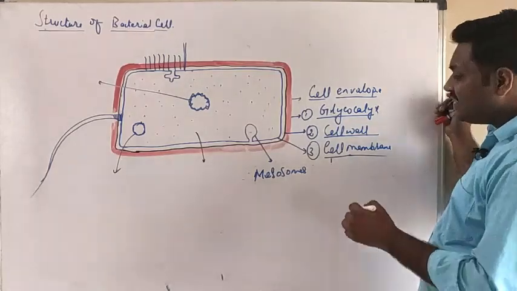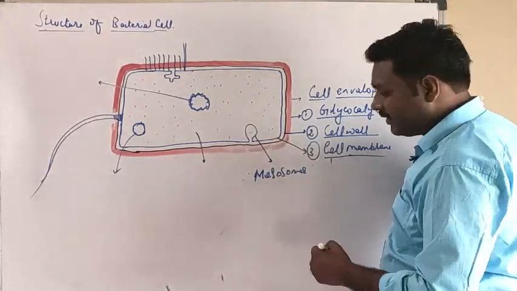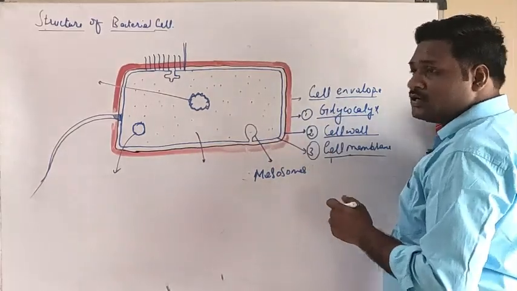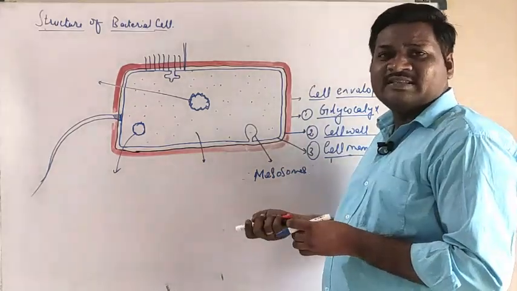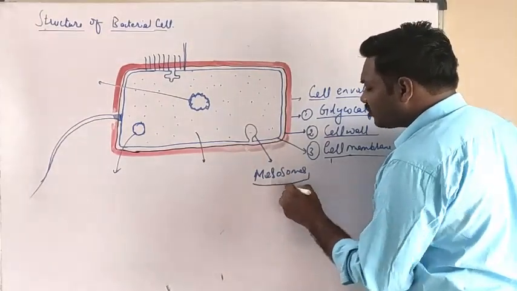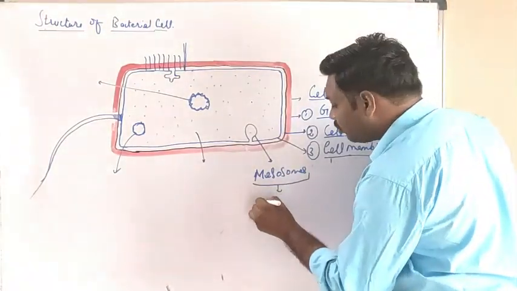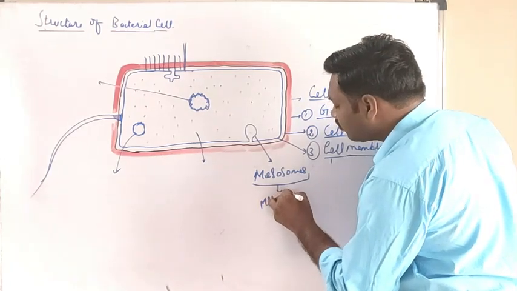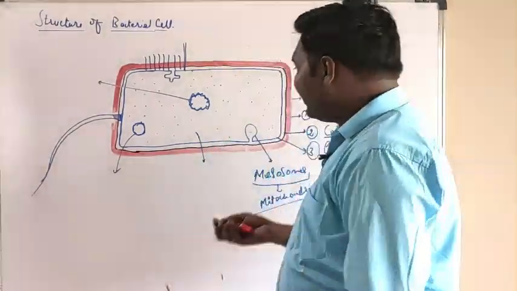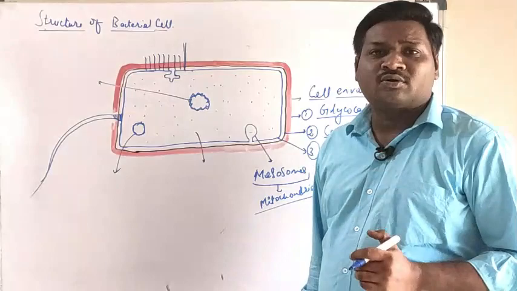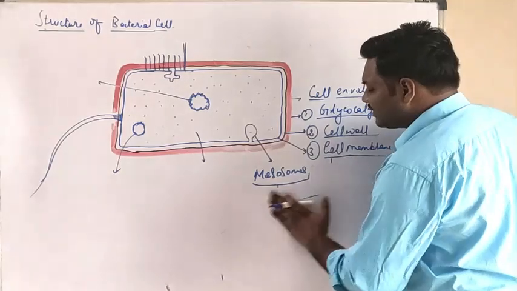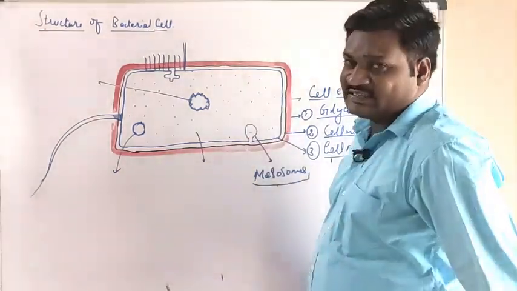transformation, right? So these mesosomes also act as genetic material, and what is their main function? To carry the genetic information, right? They help in the process of protein synthesis again. So they are also responsible for the generation of power. They act as mitochondria also. We know the mitochondria is called the powerhouse of the cell. But in the case of prokaryotic or bacterial cells, we don't have mitochondria. So how is the power generated? It is generated with the help of the mesosome. Okay, and these are the folded structures formed by the cell membrane.